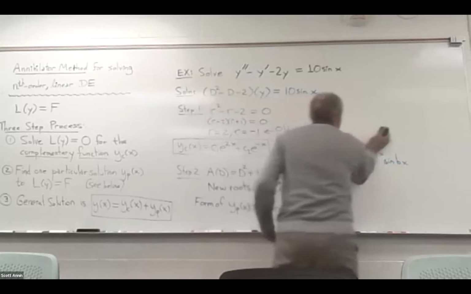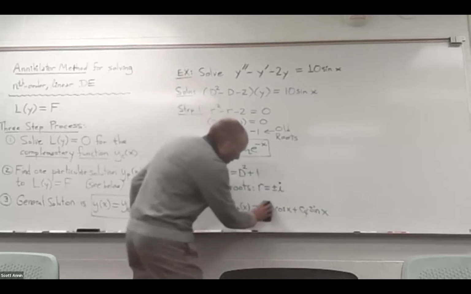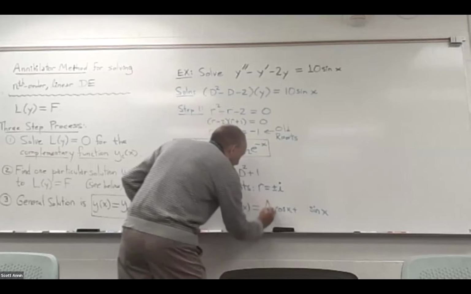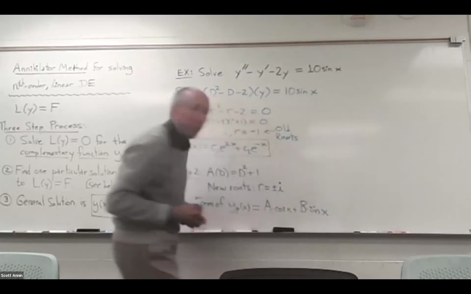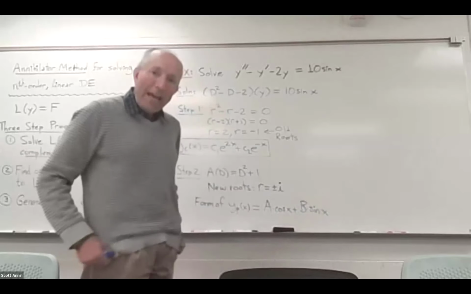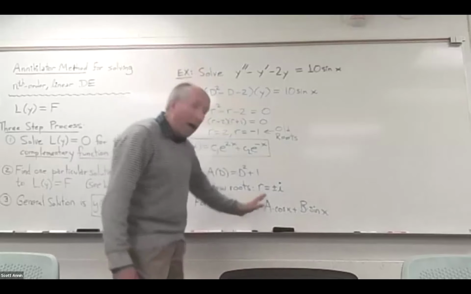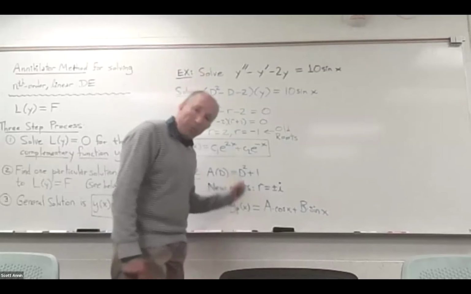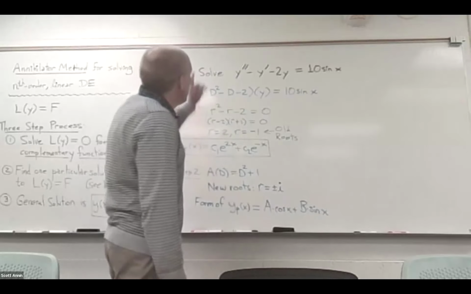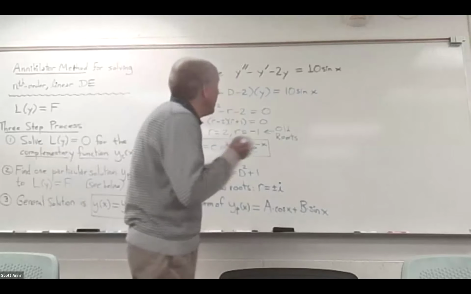All right, but remember that I don't want to call these constants C3 and C4. Instead, I'm going to remember that essentially these are constants that we can actually solve for. I can actually come up with values for A and B here. So I'm using two different constants this time, but that's no problem. The next step is going to be to plug this form for the particular solution into the left side of my differential equation